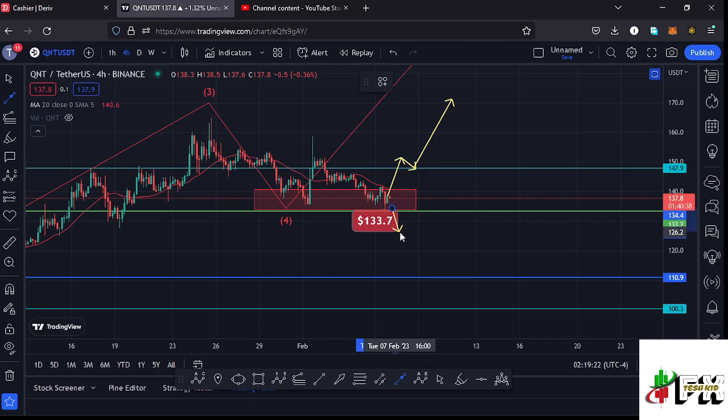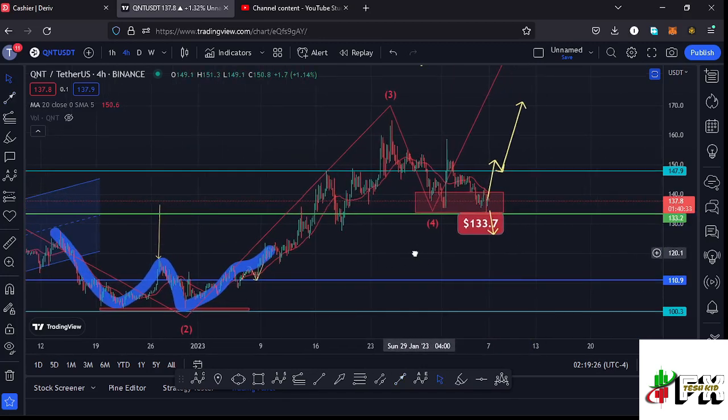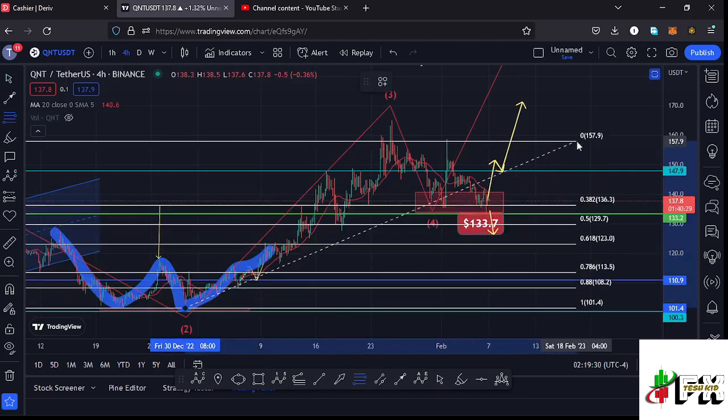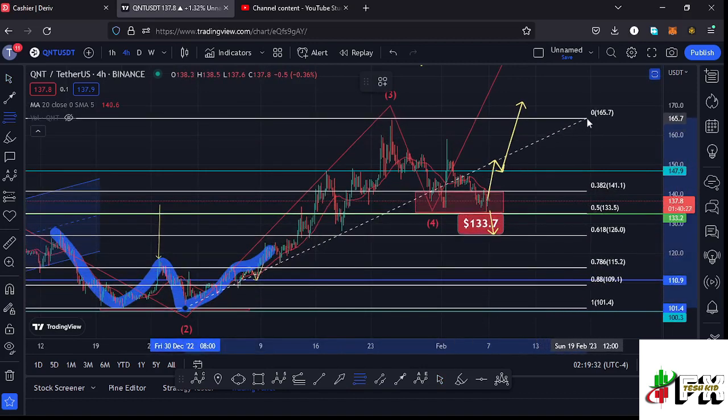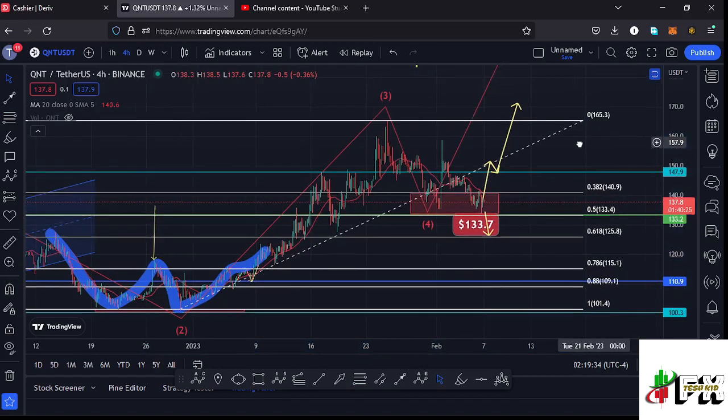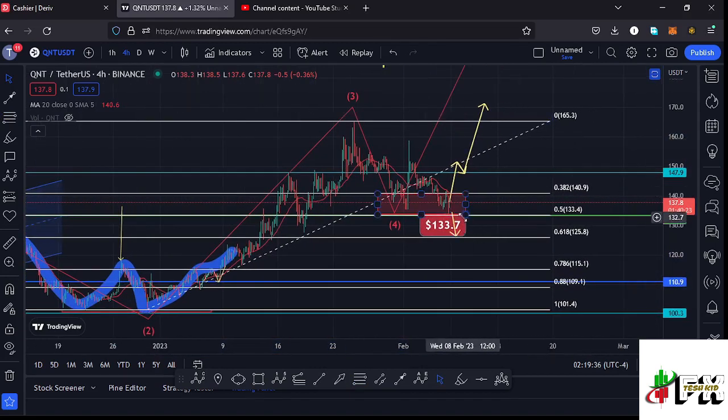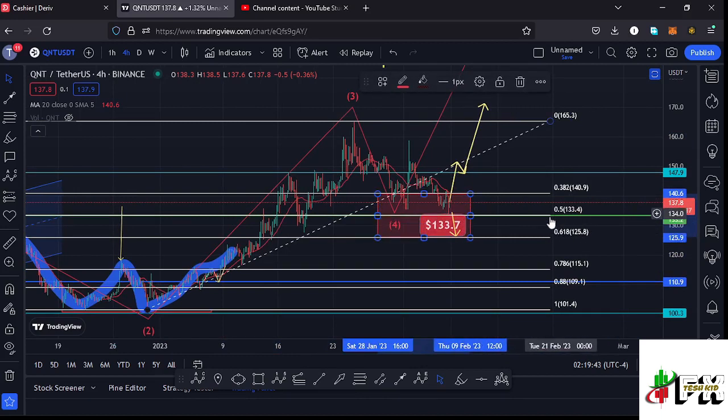And in case such a move plays out, then there are chances that Quant might give us a low between the fib level 0.5 and the fib level 0.618, and using the Fibonacci once more, connecting them from the low of the second wave to the high of that wave 3, then we can expect one more new low between the fib level 0.5 and the fib level 0.618, and now my new target area lies between the $140.9 mark and the